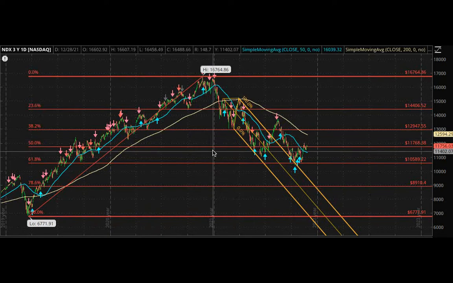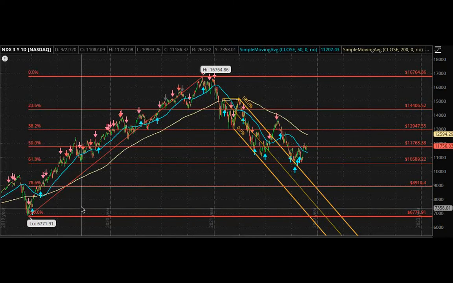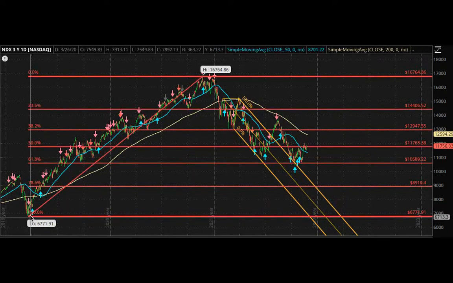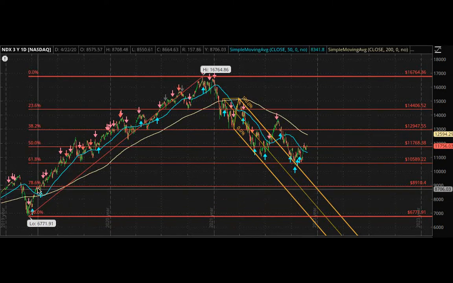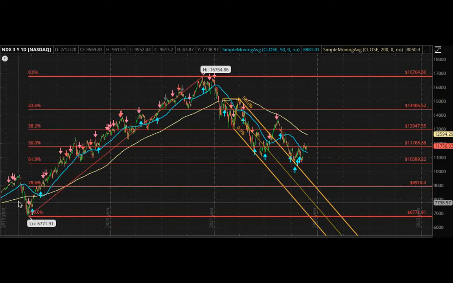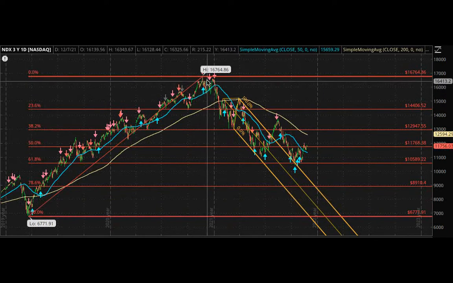We will all consider that a bull market, which even by definition by the experts will be considered a bull market. The experts define a bull market as somewhere around a 20% increase from the stock's bottom. We have the NASDAQ on a 3-year outlook, from 6,700 to 16,000. That's more than a 20% increase. That's almost 300%. This is from back in April 2020, right when COVID hit in March 2020. So from April to now, this will be considered the bull market.